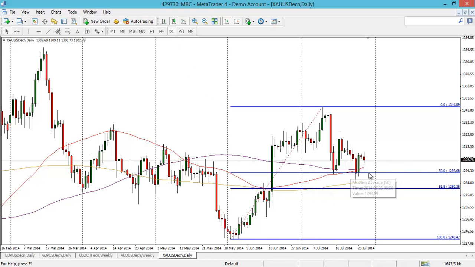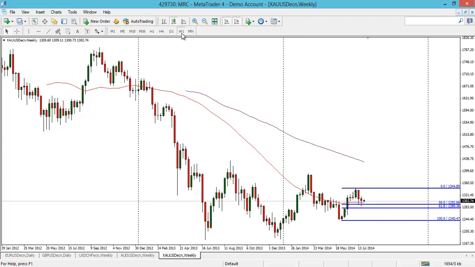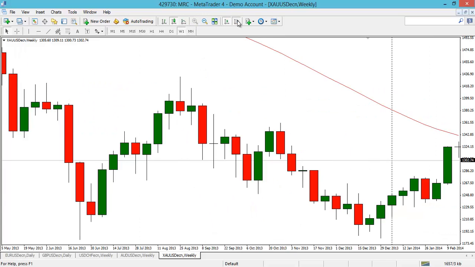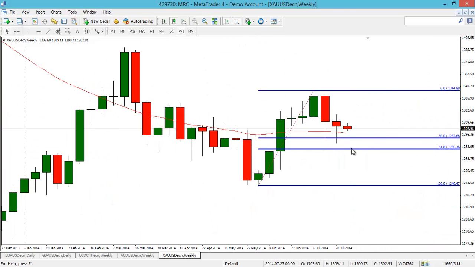And you can see as soon as it comes to this level, buyers immediately come in. So, in terms of the weekly patterns, I'm just going to zoom in here. You can see it does it nicely. I mean, yes, last week's weekly candle was a red one, but the lower wick is still coming in here. So I'll not be surprised to see it form another sort of lower wick. I mean, it potentially could come and test this 50-week moving average again, form a lower wick, and then grind higher again. But